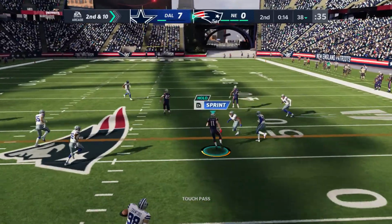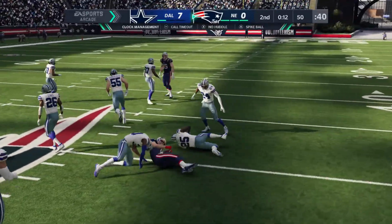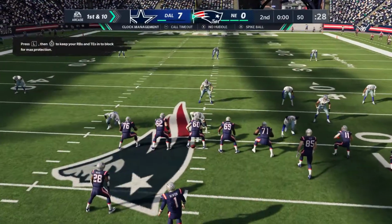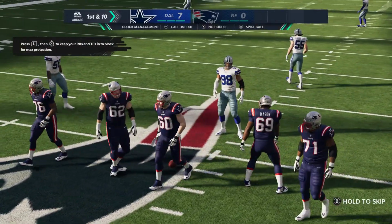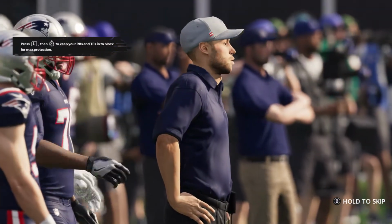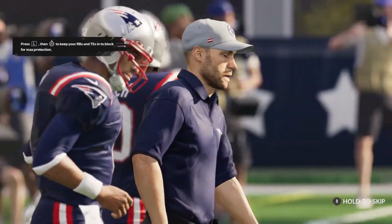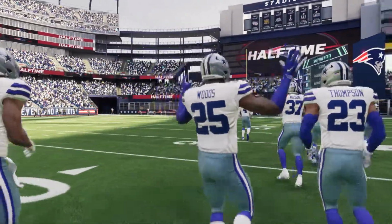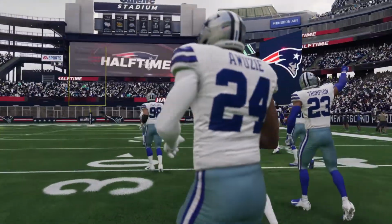To throw on 2nd and 10. Newton got a man, and he hits him in stride. And he gets this one to midfield before he's brought down. This offense finding its legs now. Here's another 1st and 10. So we've reached halftime with just the lone touchdown here. 7-0 is our score. As we'll get you down the coast to Orlando for Jonathan Coachman at our EA Sports